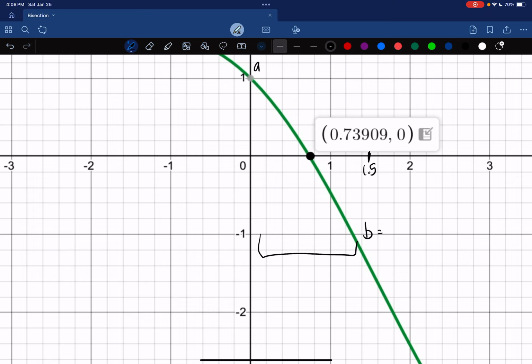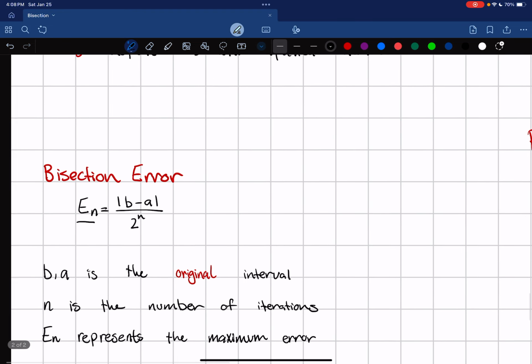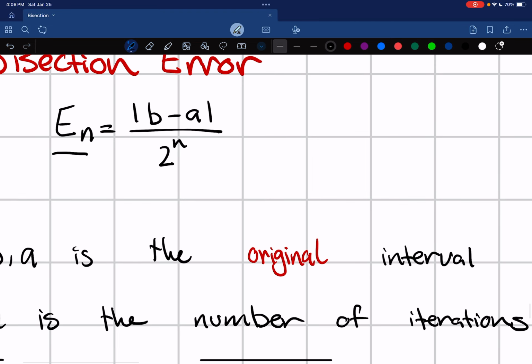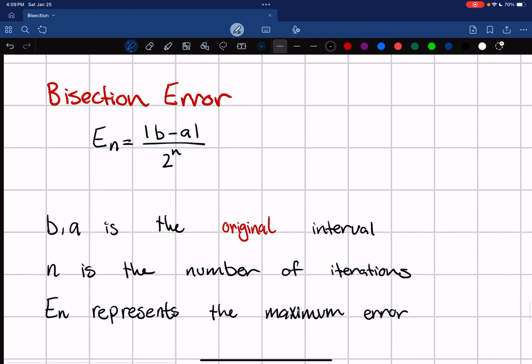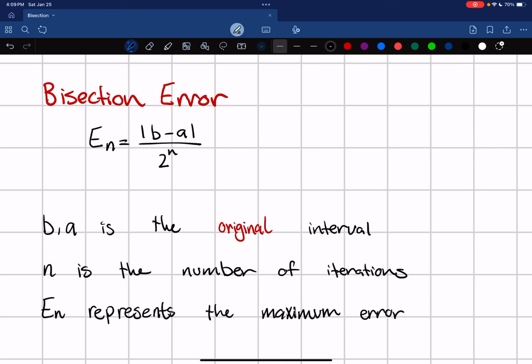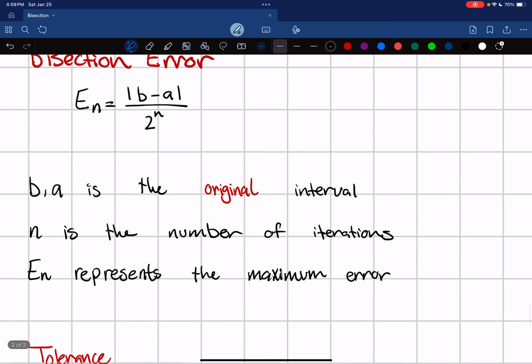So when I see the difference here, this will be just 1.5. Okay. So that's what B minus A is. And then we divide it by 2 to the n. Why do we divide it by 2 to the n? So I'll go over that in a bit. But just keep in mind,